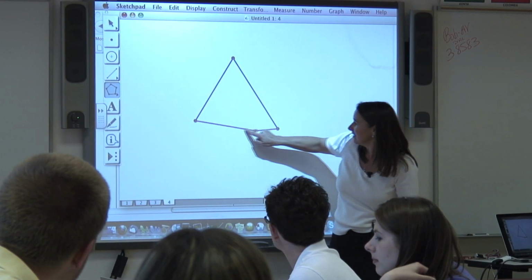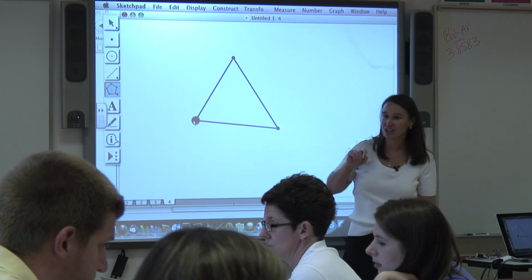In this workshop, I've learned a lot of the basic skills in Geometer's Sketchpad that have made me feel more confident to use it in my classroom, more time-efficient methods. If I didn't know how to use the computer myself, I think I would put it to the side. So if I expected my kids to use Geometer Sketchpad and I didn't know what I was doing, I would just sit it over to the side and not be comfortable with it. But now I feel like I know enough about the things that I would use in my classroom that I could help them. Opened up a lot of doors for me